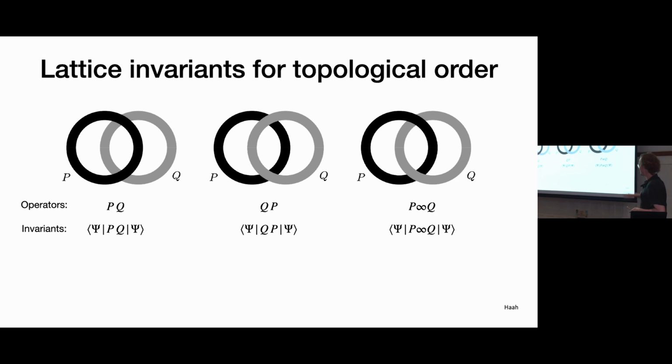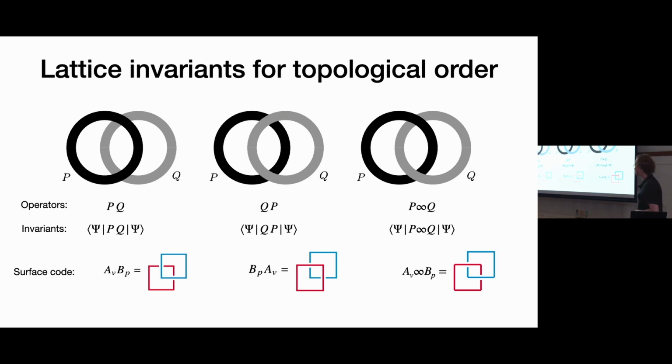And he could show that this was like invariant under local unitaries. So if you do local unitaries, the idea is that these rings should be big, and essentially they'll just deform them a bit, and they won't change the classes of operators. And so you can really show that it doesn't change this phase that you get here, this expectation value, sorry, that you get here. Okay, good. So this is the lattice version of these braiding invariants.